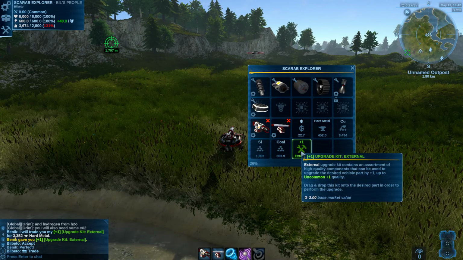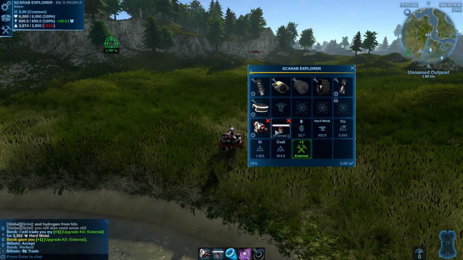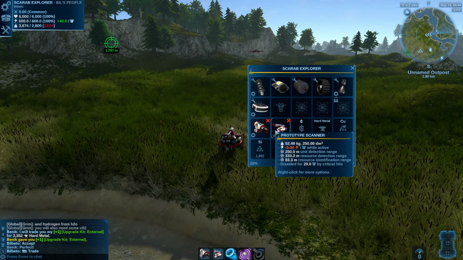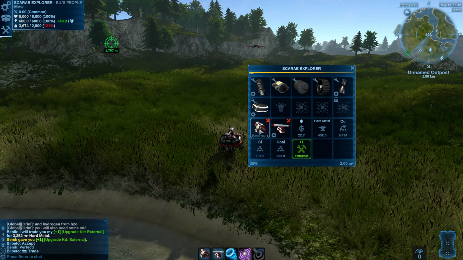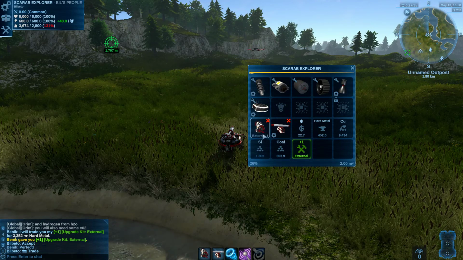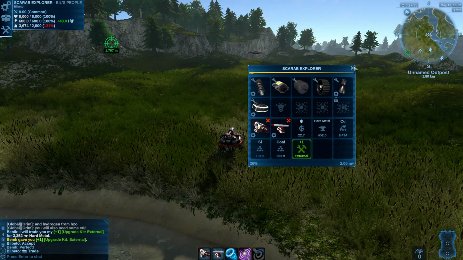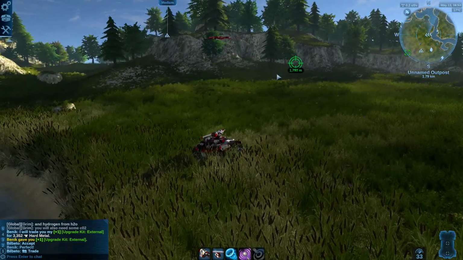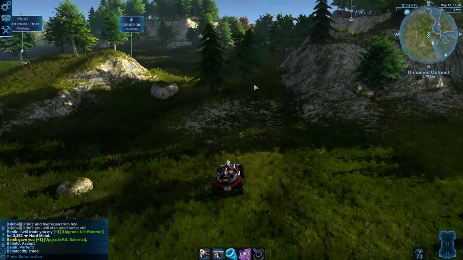Those can be put on components. So it could be put on the mining turret or the scanner because they're external. However, you can't put it on prototype components. So I'll need to research these things, put the proper components in, and then use the upgrade on it. So that will be the plan. Now we just need to head back to the outpost